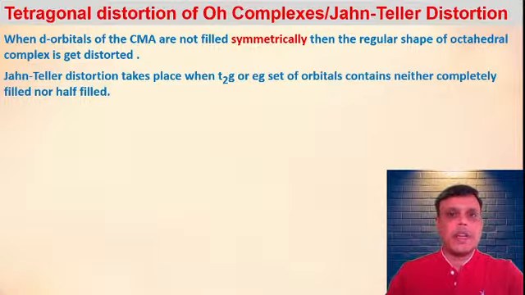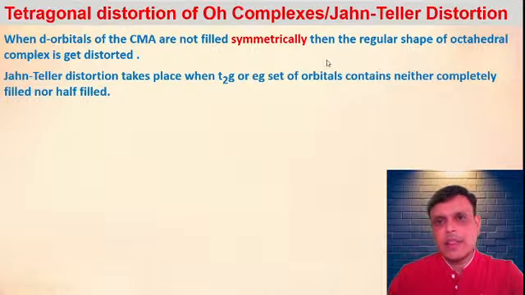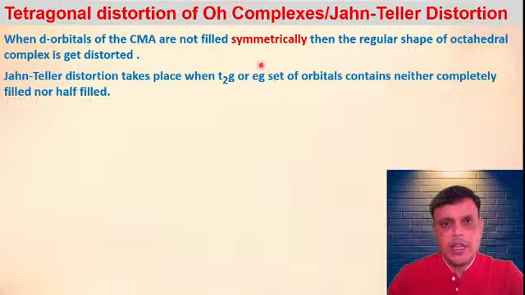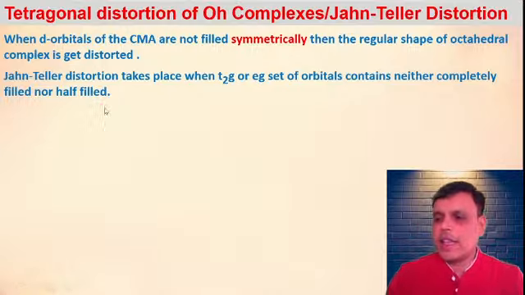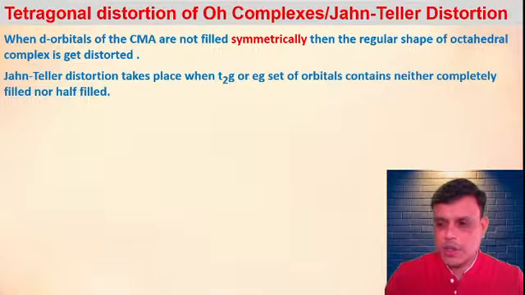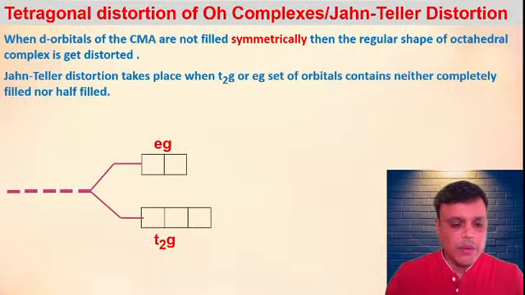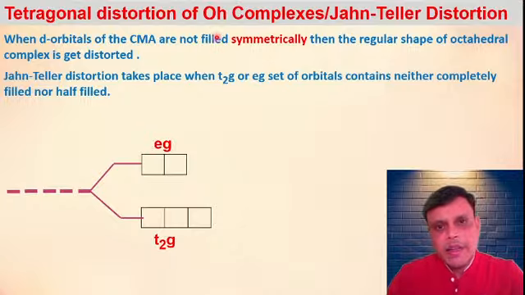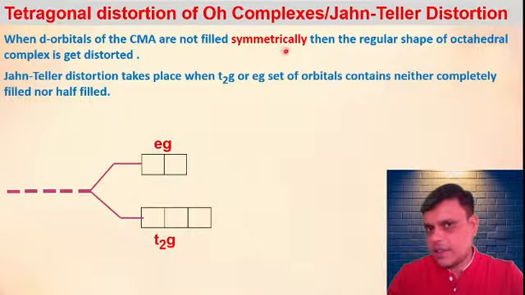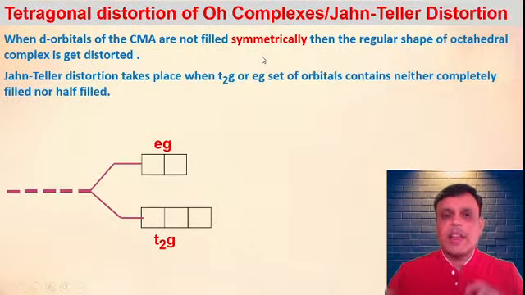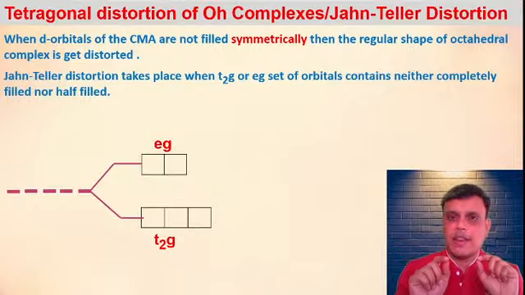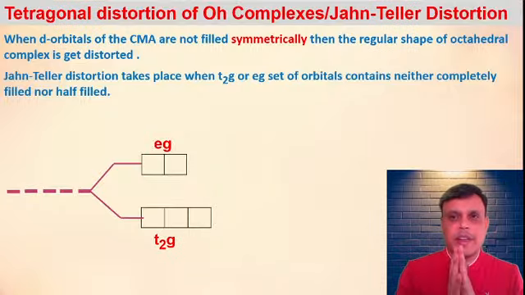When the d orbitals of the central metal atoms are not filled symmetrically, then the regular shape of the octahedral complex gets distorted, or another way we can say that when the T2g or eg set of orbitals contains neither completely filled nor half-filled orbitals, then Jahn-Teller distortion or tetragonal distortion takes place. Okay, understood? Then we will see what is meant by symmetrical filling of electrons. Here the word I have written in red color. So what is meant by symmetrical filling and what is meant by unsymmetrical filling? When the electrons in T2g and eg orbitals are symmetrically filled,